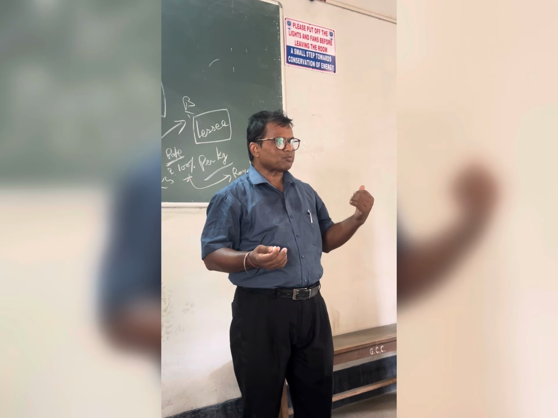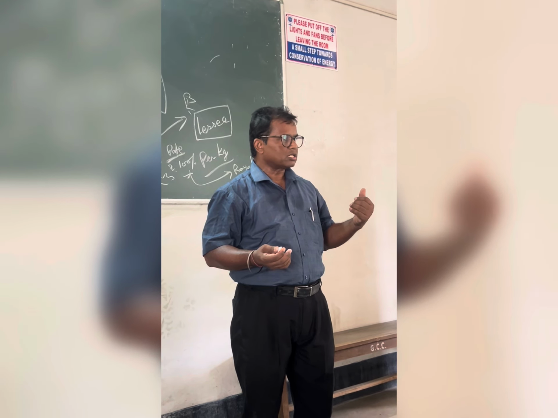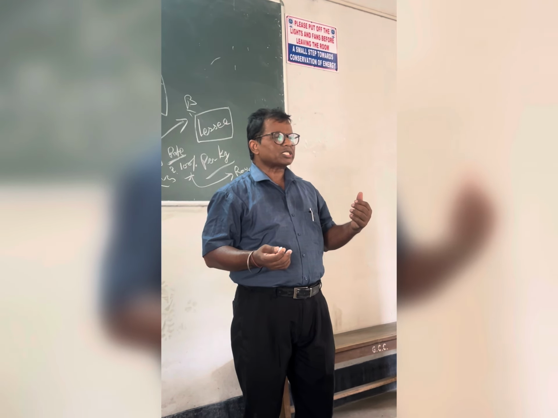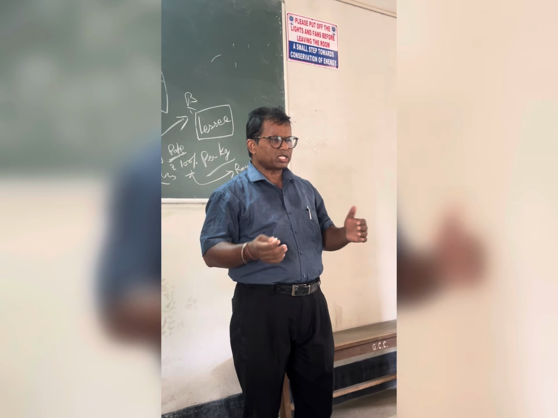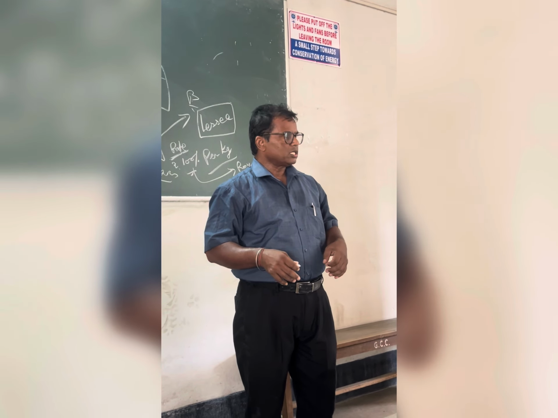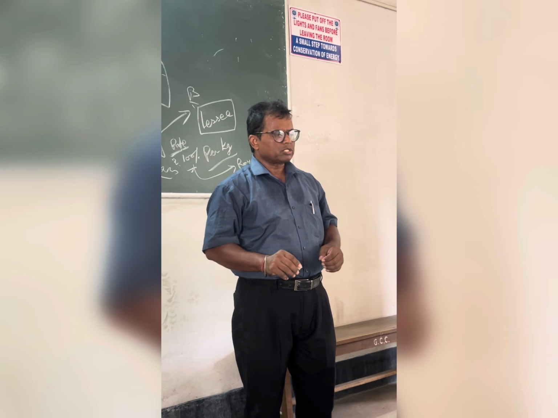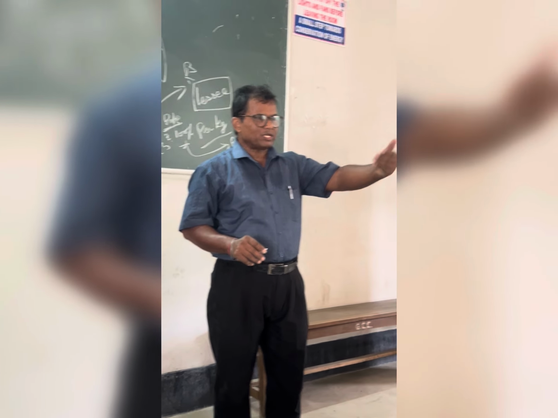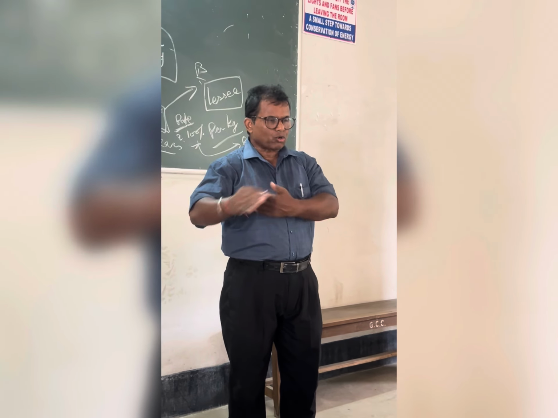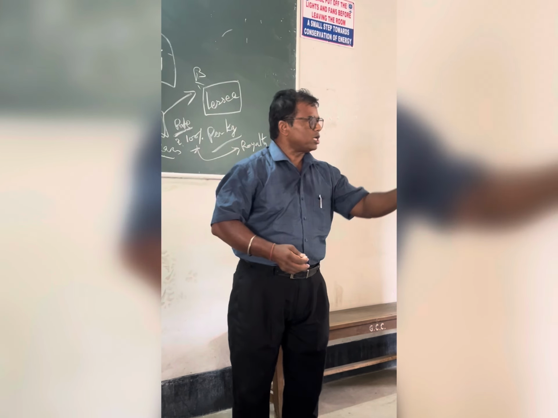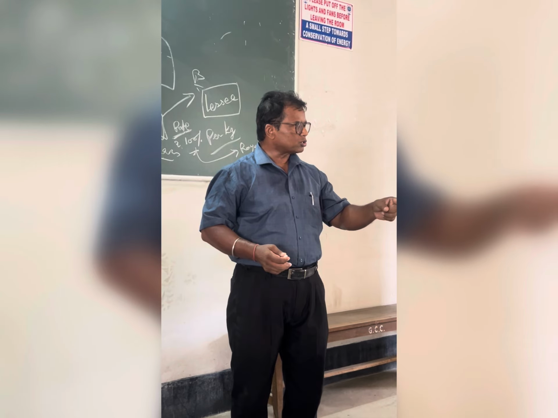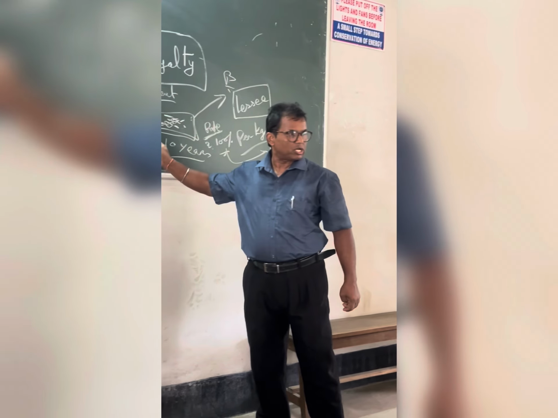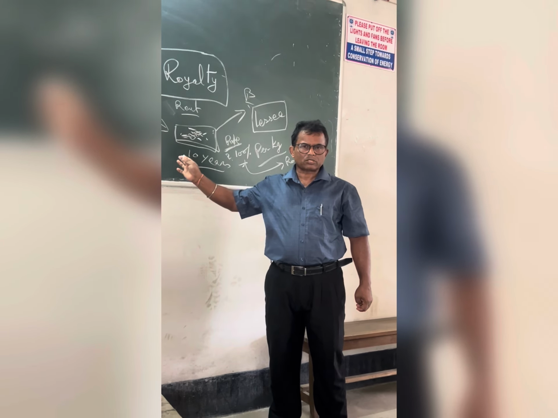Like our Professor K.R. Das, a famous accountancy teacher. He was head of the department of accountancy in this college. He's 80 years old now, also writing books. He's very brilliant. So now his books are in the market. The publisher has published them. So as the number of books sold, he gets royalty. For use of an asset there is also royalty. So this is all about royalty.